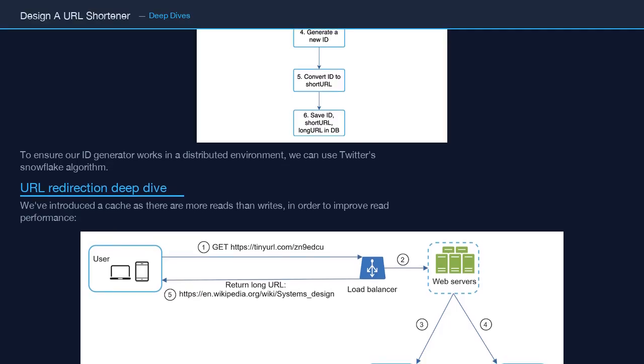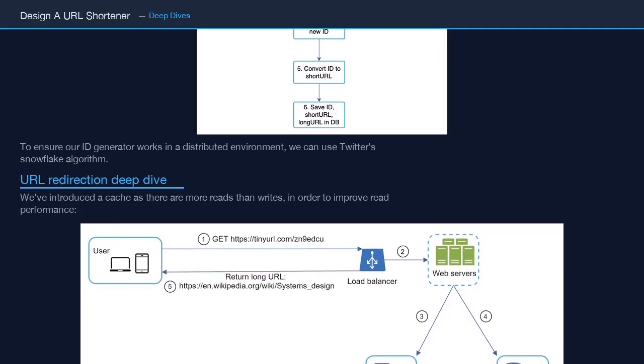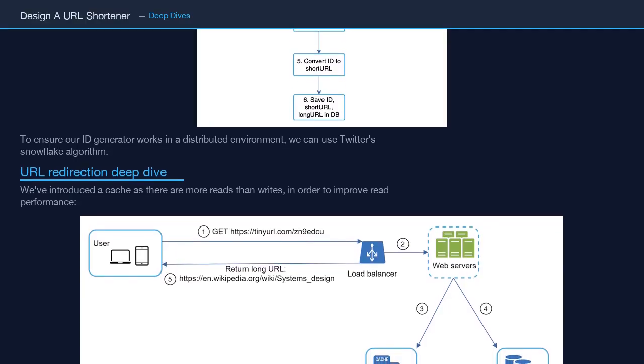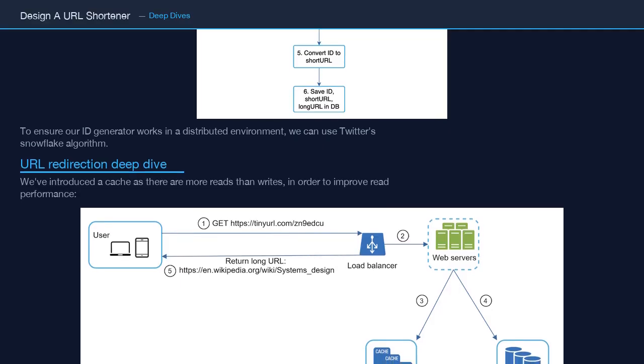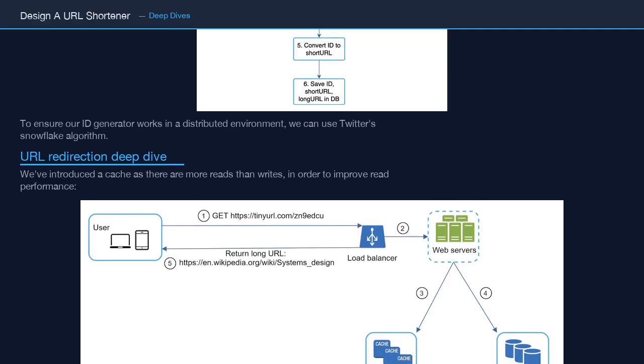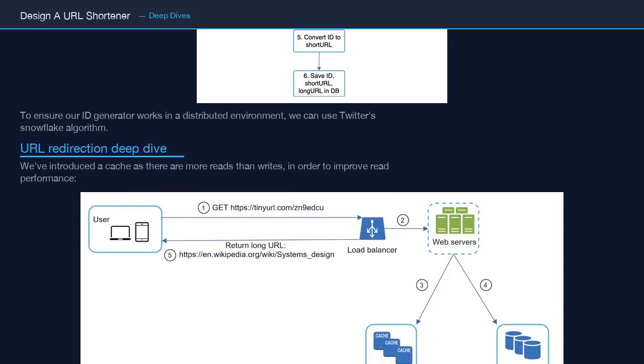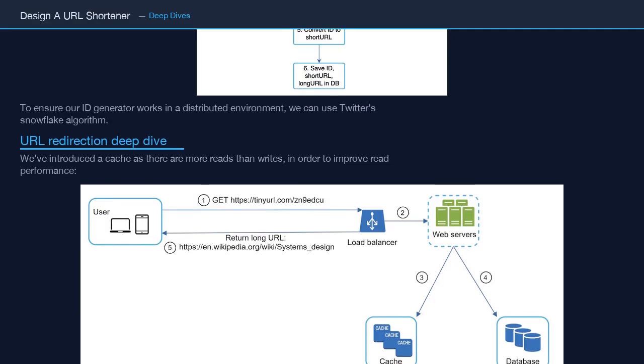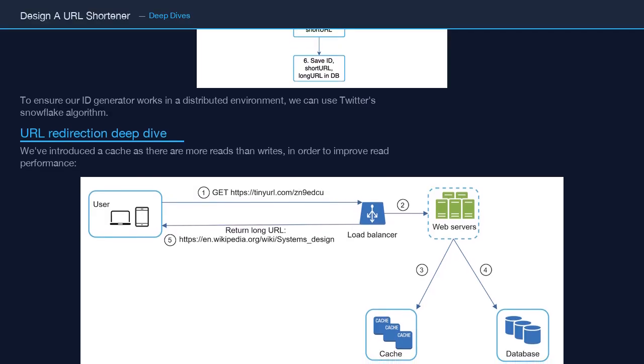Now let's look at the URL redirection deep dive. Since reads massively outnumber writes in a URL shortener, we introduce a cache to improve read performance. The flow works like this: a user clicks a short URL, the load balancer routes the request to one of